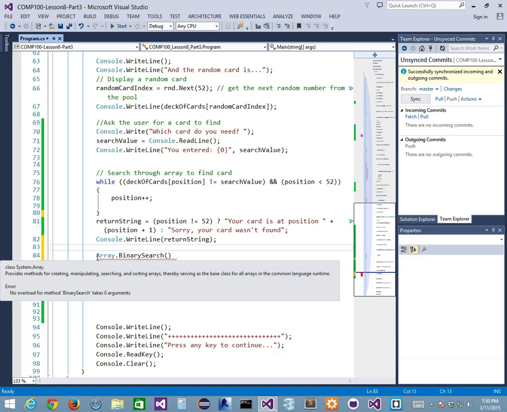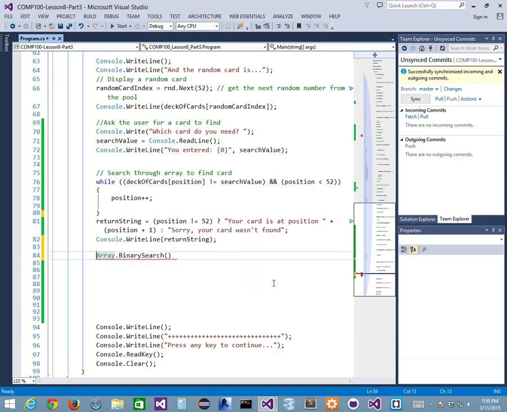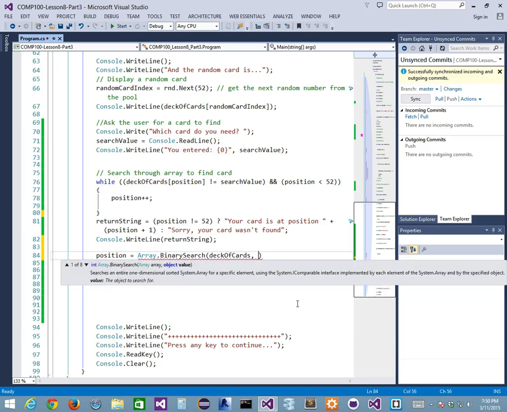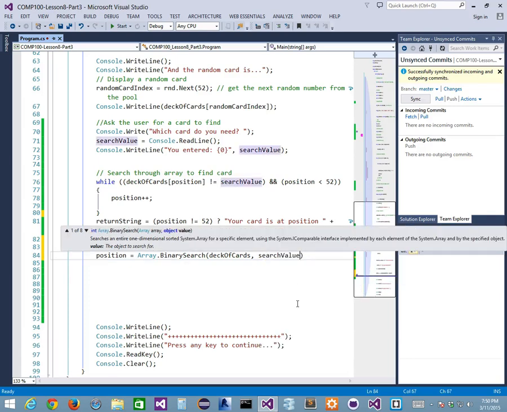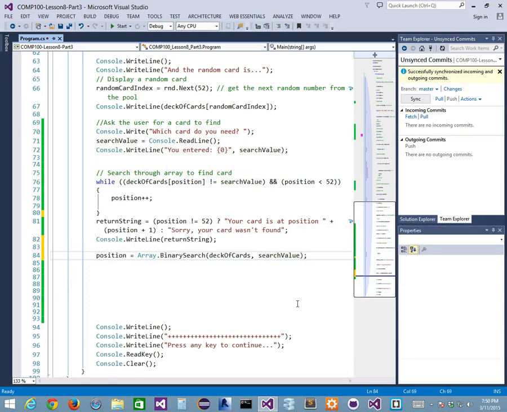So if I do binary search, I just can't do that. I need to make it so that position is equal to array binary search. And of course, I'm going to search what? Deck of cards. And I'm looking for what? The value that I want to search for, which is going to be called search value. So that's in a single line. This single line here tells me the position that it's in, if it finds it. If it doesn't find it, right, here's my local variable, then this position,